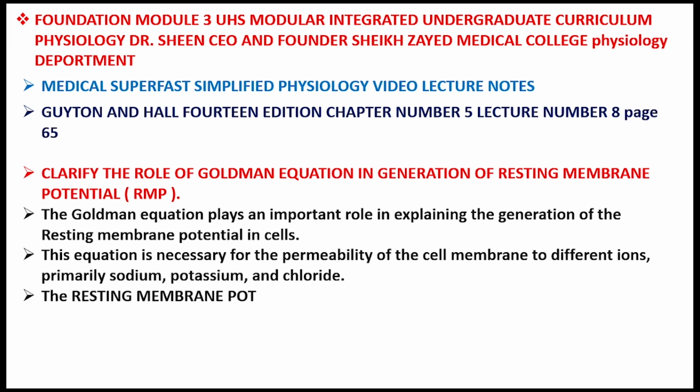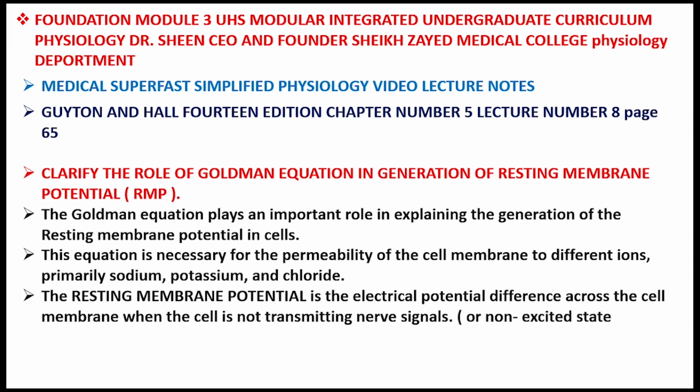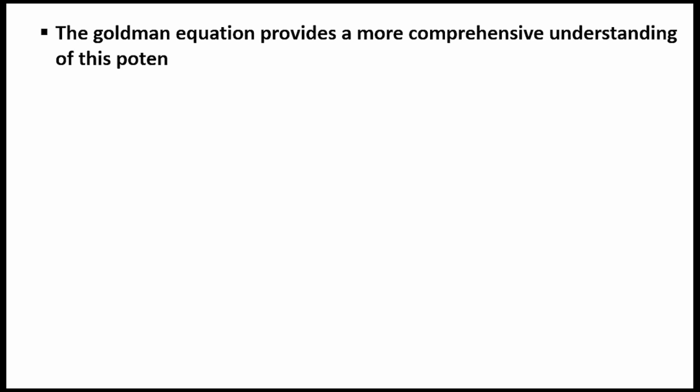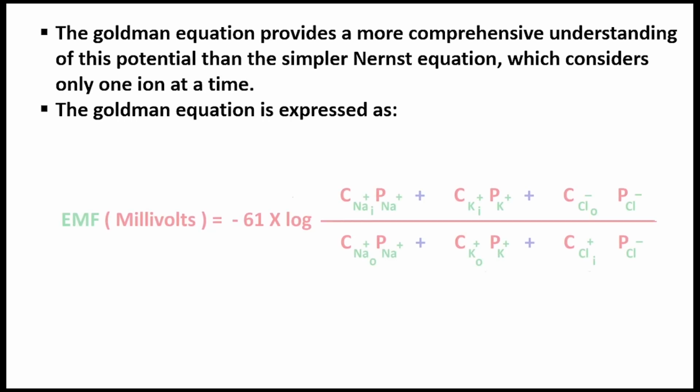The resting membrane potential is the electrical potential difference across the cell membrane when the cell is not transmitting nerve signals, or in a non-excited state. This potential is primarily determined by the distribution and movement of ions across the cell membrane. The Goldman equation provides a more comprehensive understanding of this potential than the simpler Nernst equation, which considers only one ion at a time. The Goldman equation is expressed as: